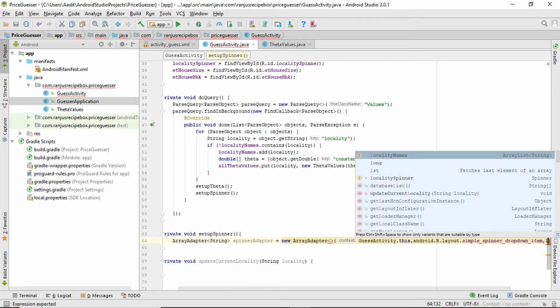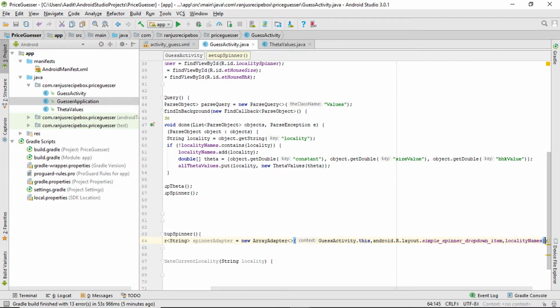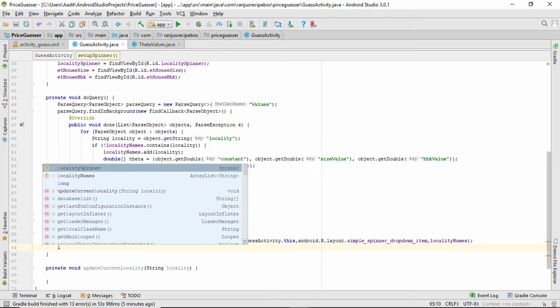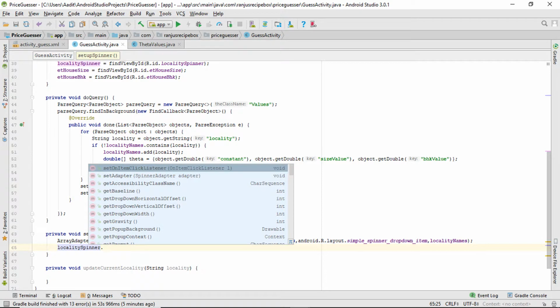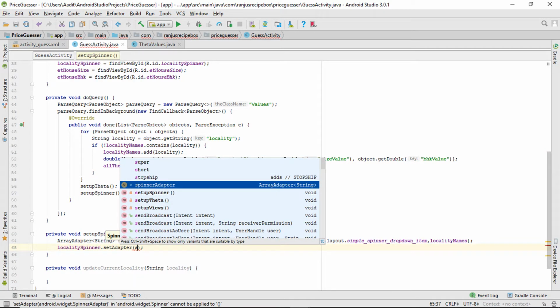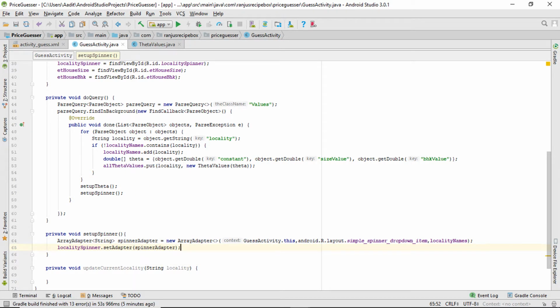And this just goes to localityNames. Okay, it's a long line of code, so we'll just close this up and okay, it's better. Now, one sec. spinner.setAdapter, obviously. So localitySpinner.setAdapter(spinnerAdapter). Right, and now